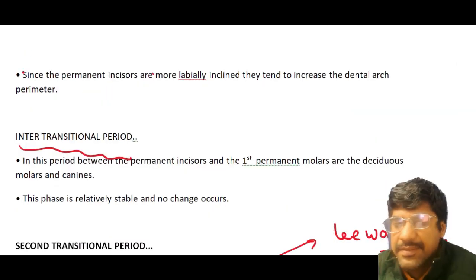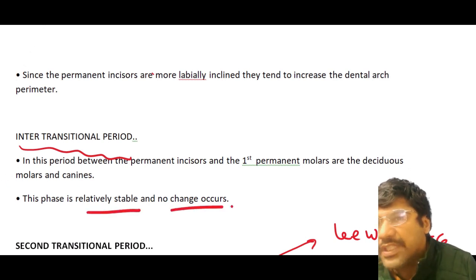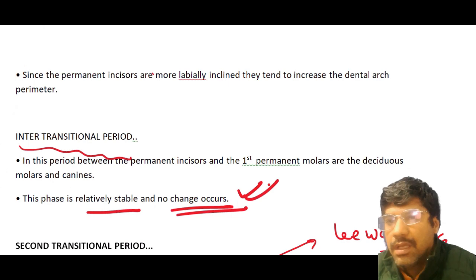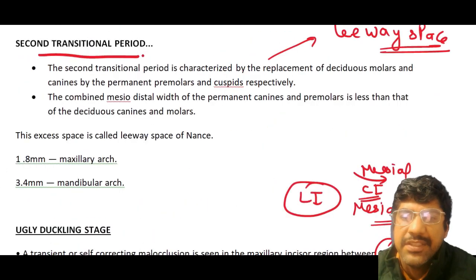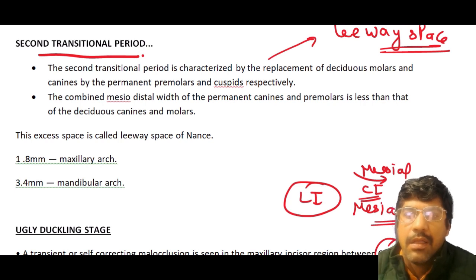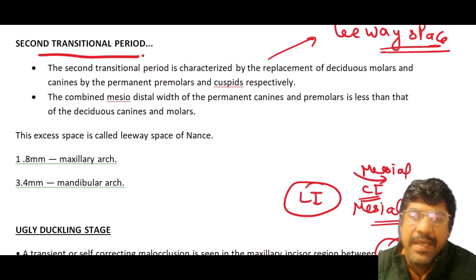Next comes the intertransitional period. Here this phase is relatively stable and no changes occur. The next is the second transitional period. In the second transitional period, the mixed dentition, several developments occur. First of all, you will notice the replacement of deciduous teeth by permanent premolars and canines. The deciduous molars are replaced by premolars and deciduous canines are replaced by the permanent